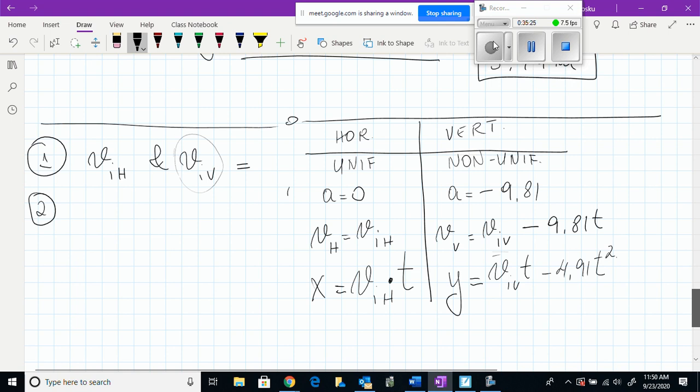After we have those equations, equation 1 through equation 6,